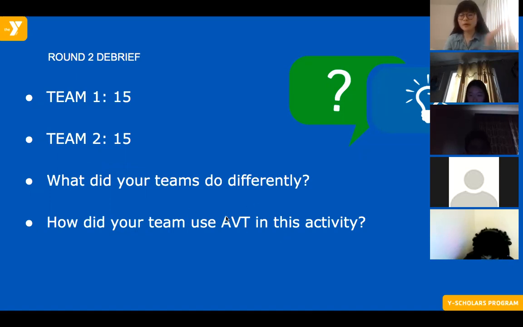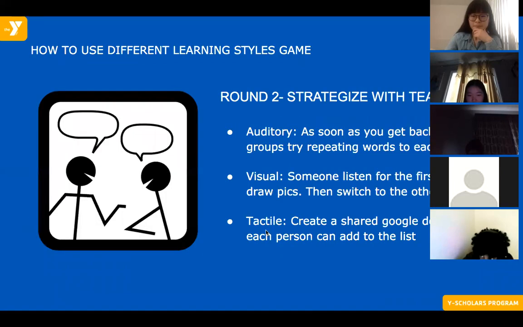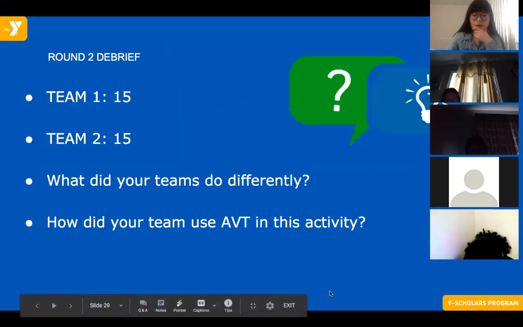And what type of learning style is it out of the 3 ABT? I really don't know. I think we just tried to create an object in our minds, but I couldn't really do it because you went kind of too fast for me to realize what was happening. Yeah. Okay. I think it could be close to tactile, right? So people are actively waiting for their turn and they're also writing everything down. So, okay, cool.